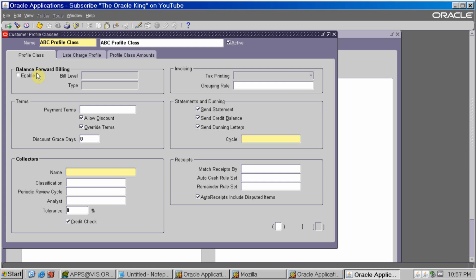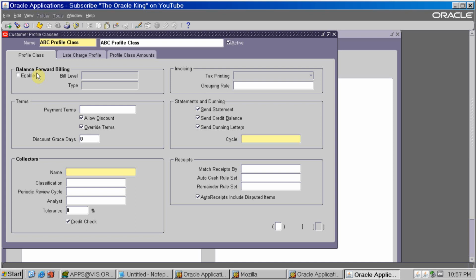BPA invoices will have all the invoices in the current period and a summary from the previous period which are open, and receipt details also, which you can send to the customer through balance forward billing.